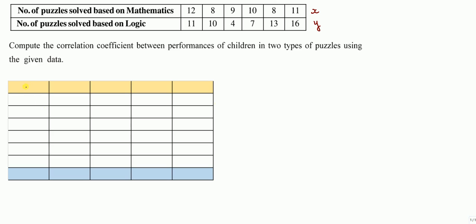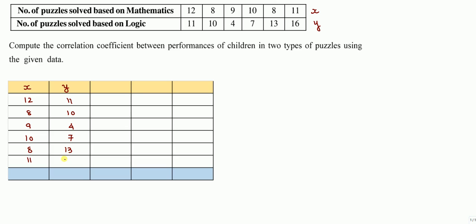First we write x as given in our question, and the second column is y. X is given by 12, 8, 9, 12, 8, 9, then 10, 8 and 11. Similarly y is given by 11, 10, 4, 7,